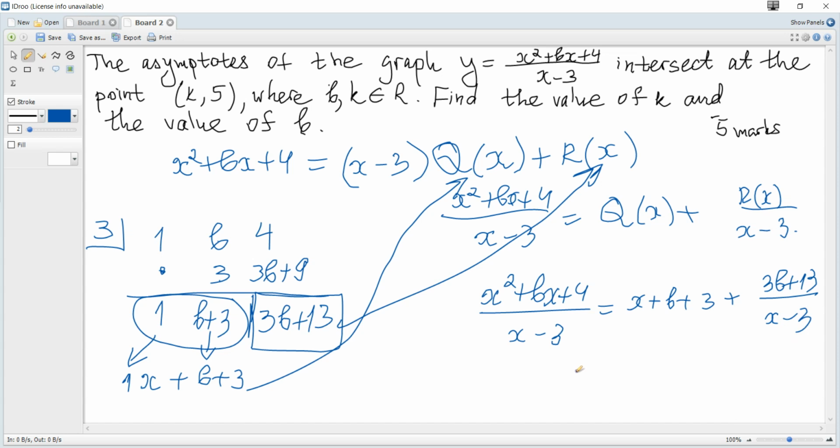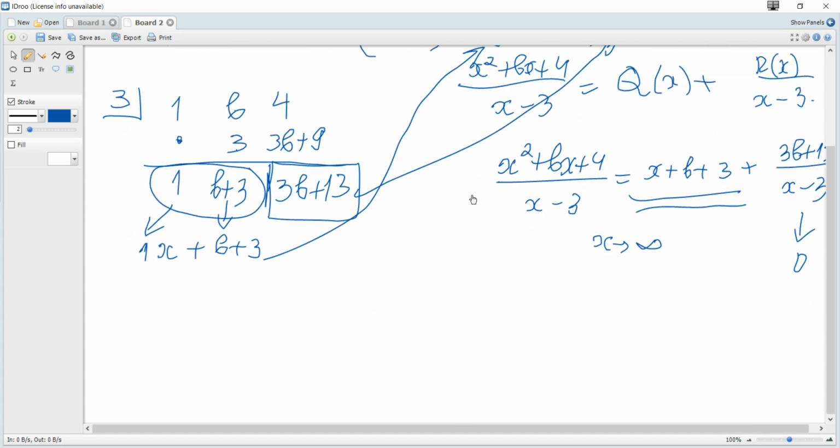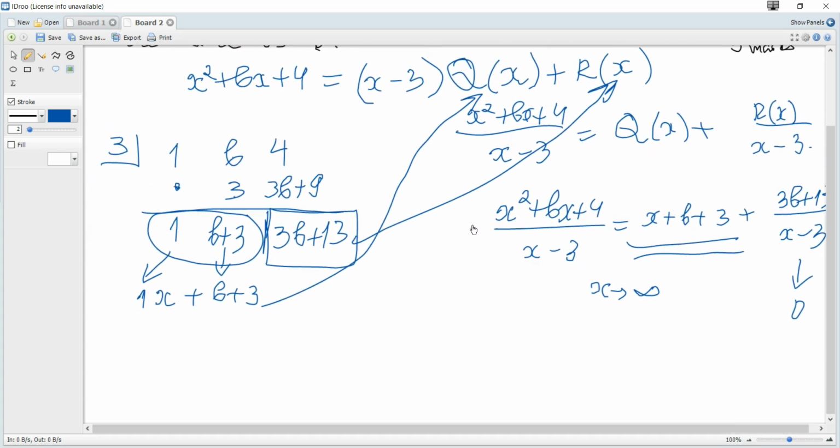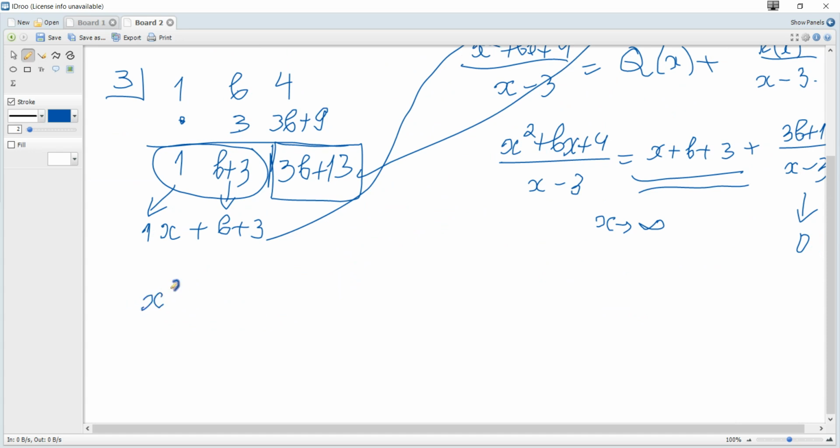And again, when x tends to infinity, this tends to 0, and it's the required equation of a slant asymptote. I can get the same using long division, so I just divide x squared plus bx plus 4